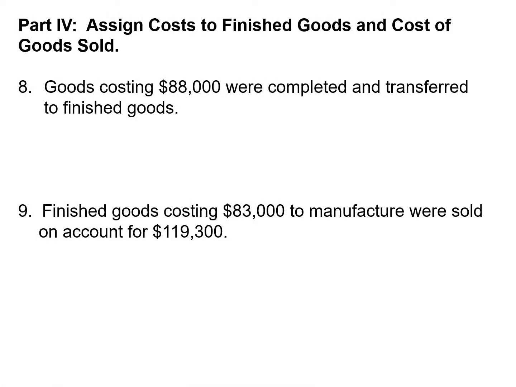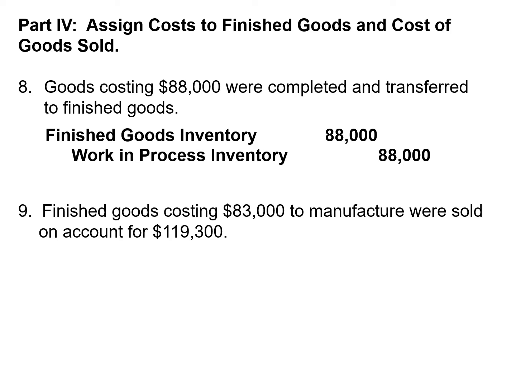Goods costing $88,000 were completed and transferred to finished goods. The journal entry would be a debit to finished goods inventory and a credit to work in process inventory for $88,000. In number 9, we have finished goods that cost $83,000 to manufacture that were sold on account for